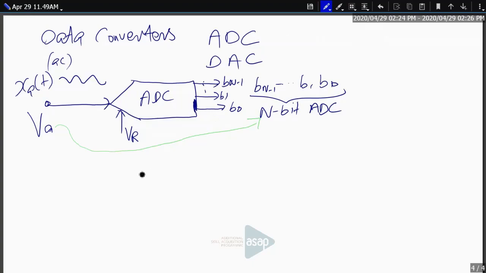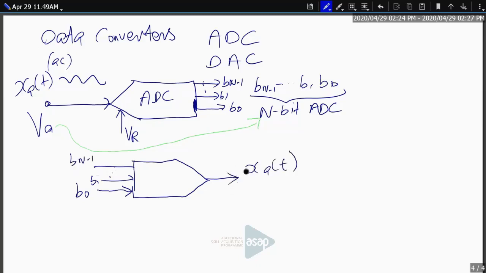Generally, this is how we represent an ADC operation. An ADC operation will definitely receive an analog signal, say x(t), a continuous signal, which is AC in nature, some recorded music or something like that, a useful signal for us. Or it can be a fixed analog voltage, VA, equal to some value. That is the input to this ADC system. And there is one reference voltage for any ADC. The meaning of that will be clear while we discuss the theory in detail. Anyway, this system is called an analog to digital converter.